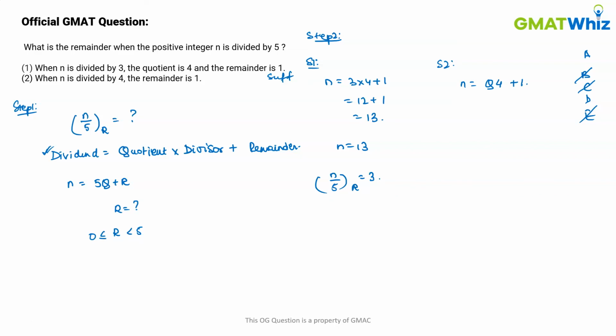And another way to think of it is to write it in this form: n by 4, the remainder part of it is 1. So n can take the value 5 or n can take the value 9 also. Obviously it can take other values, but since I'm getting two contradictory answers, statement 2 is definitely not sufficient. And the correct answer is option